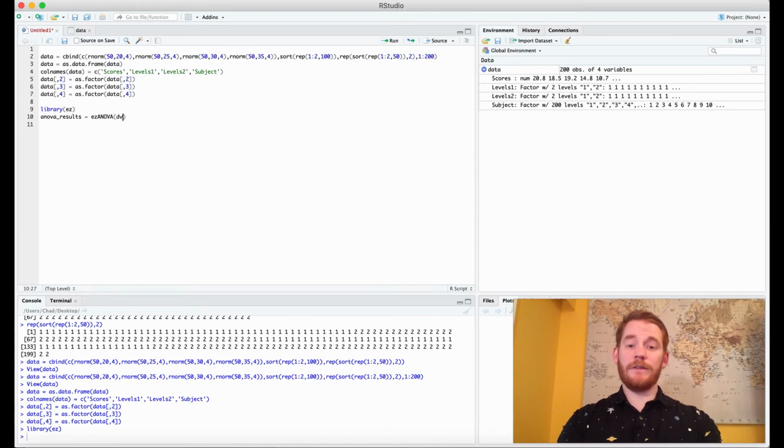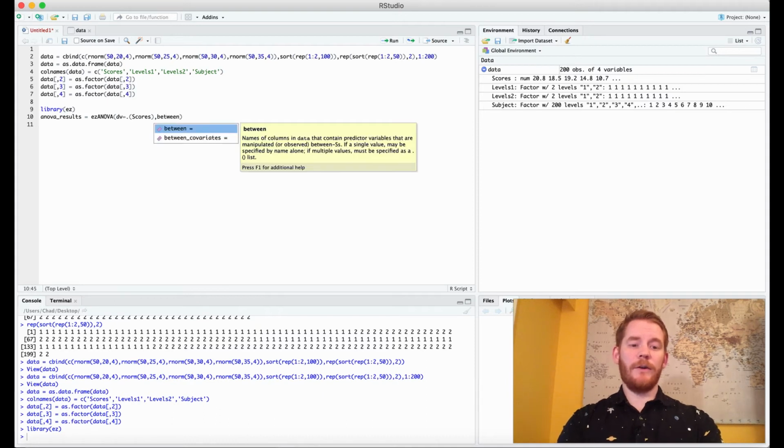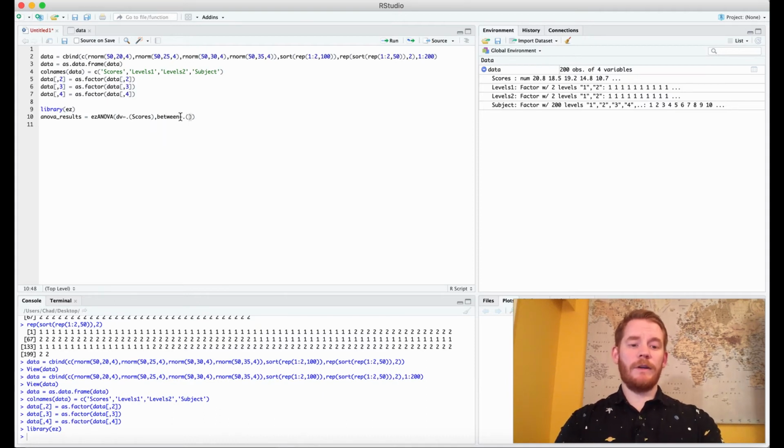So we have dv, which is our dependent variable parameter, but it has this equals dot brackets, and we're going to put our scores here. And the scores is this column name here. Then next what we want is our between subject variable. And so if we were doing a repeated measures design, this would actually be within. And then we're going to put our levels 1, comma, levels 2. Then finally what we need is our WID, which is our subject